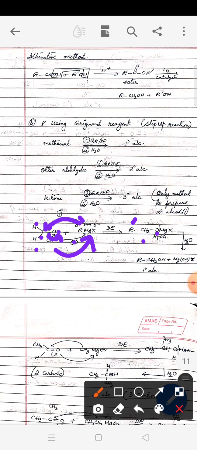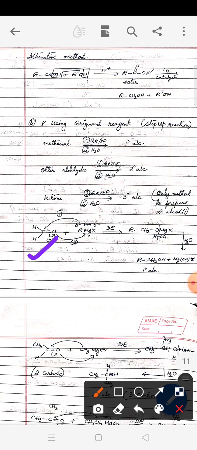Please make sure the alkyl group of the Grignard reagent should be written first. And then this addition product which we got is hydrolyzed. When you hydrolyze, take care, the water should be written as HOH and the H should be placed just below oxygen and OH should be towards MgX. Then when you break, you get the product. You see here RCH2OH, and you get on the other side MgOHX. So that's how you get a primary alcohol from an aldehyde.